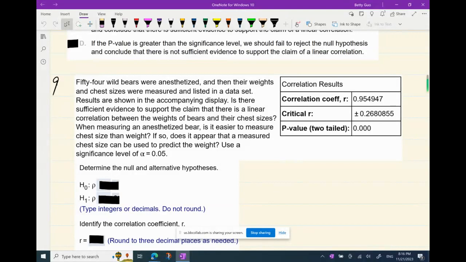All right. So we are testing the claim that there is a linear correlation between the two variables, right? As you can see, the null is going to be